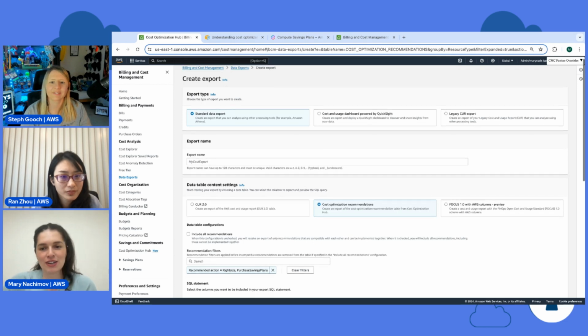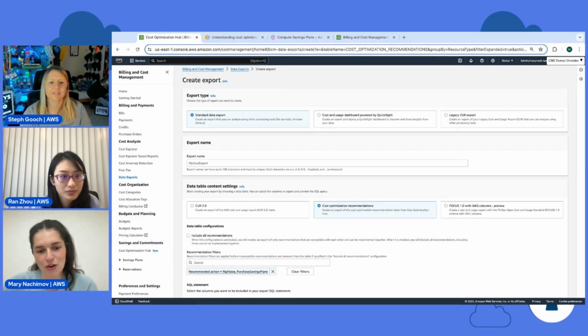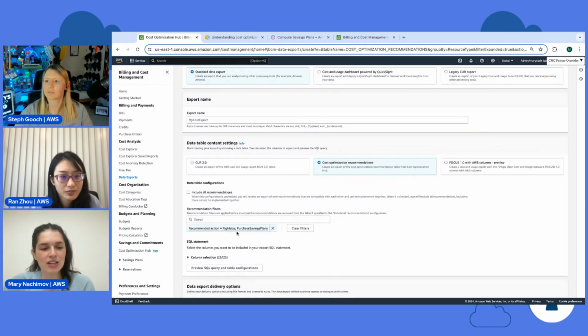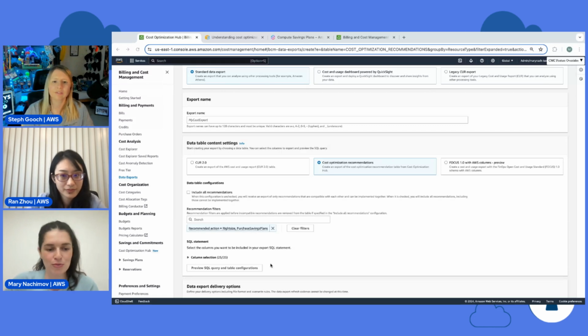you can see that a few interesting things are happening here. First of all, if you do the cost optimization recommendations, you can see here it actually inherits the filter that I used. So in large customer environments, it's really interesting to slice and dice the data and scope it down to something achievable first, export it, work on that, and then export another chunk. But if you want to just take over everything and build your own dashboard, we welcome you to do so. You can just remove the filters and do that.